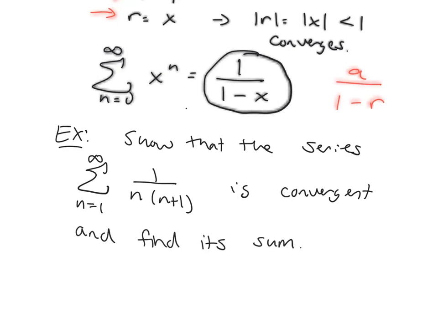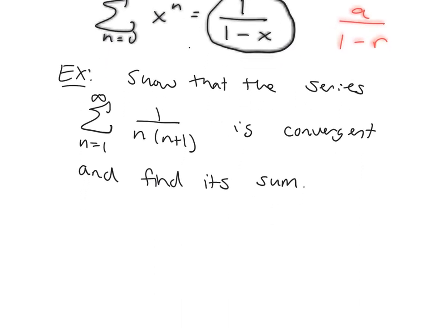Remember, one way that we tell if a series converges or diverges, the main way, is through looking at partial sums. So let's start looking at partial sums here. If I want to write S sub n, remember that means I add up the first n terms. So I'm looking at 1 over 1 times 2 plus 1 over 2 times 3. So I plug in n equals 1, n equals 2,